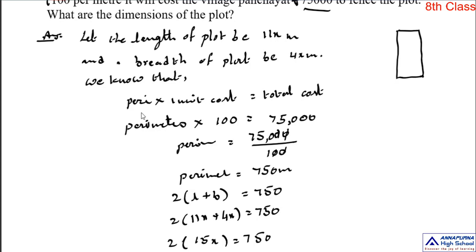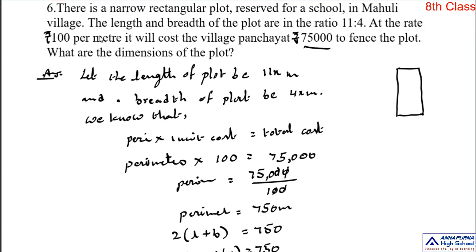Here we observe this point, which is the most important point. In the given question the perimeter of the rectangular plot is not given. We find that perimeter from the total cost of fencing of that rectangular plot. In general, how to get the total cost of fencing? By multiplying the perimeter by 1 unit cost, then we find the total cost of fencing of that plot. Here I am applying that relation.